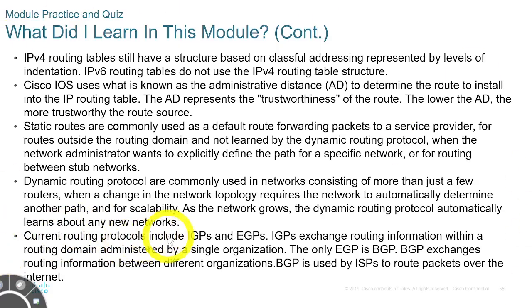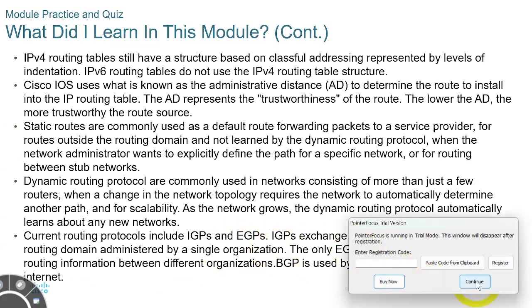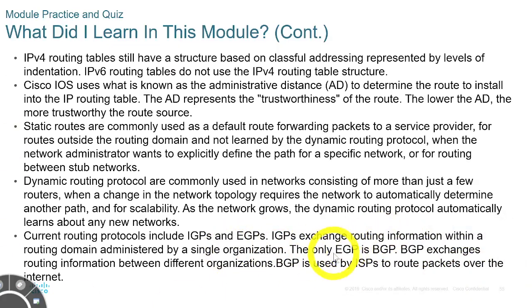Current routing protocols include interior gateway and exterior gateway protocols. The interior ones exchange routing information within a routing domain administered by a single organization. So an IGP can be used only within a single organization. However, the BGP, which is an external gateway